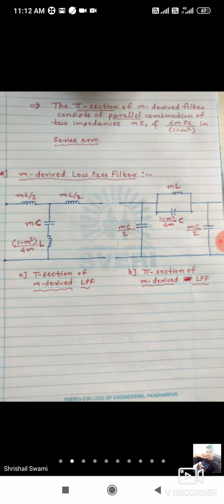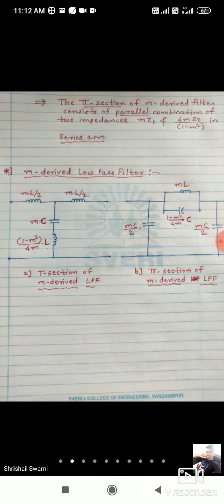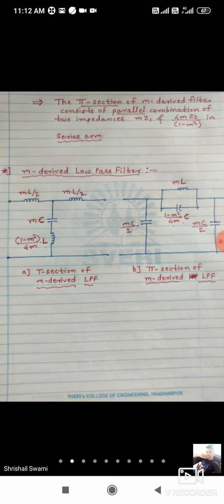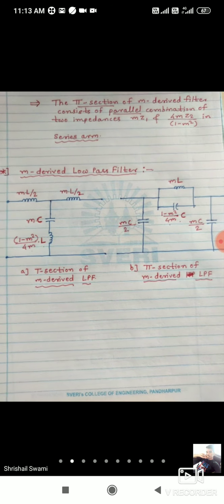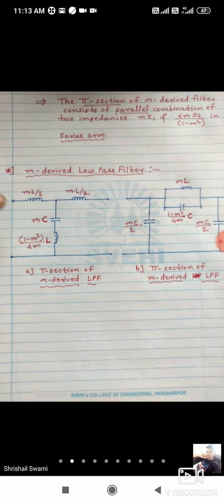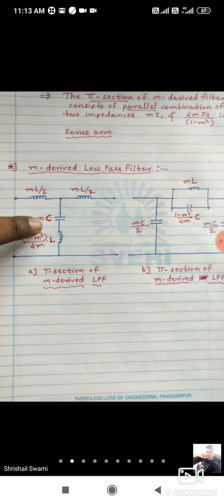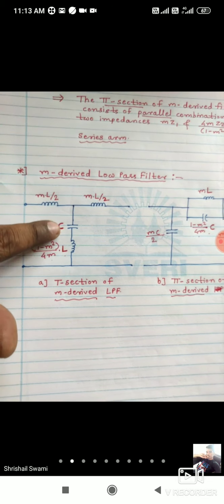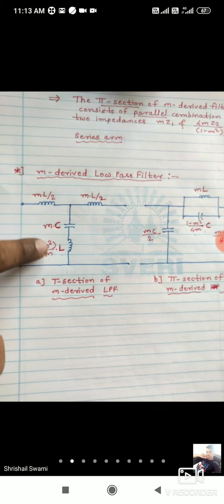One, we can talk about the cutoff frequency of the low pass filter, that is denoted by fc. And the second one, the new frequency added here, will be the resonant frequency. In the T section the resonant frequency we have to modify here, and for the pi section the resonant frequency we have to modify here. L and C connected in series means this is the series resonant circuit, and if L and C are connected in parallel, this is the parallel resonant circuit.